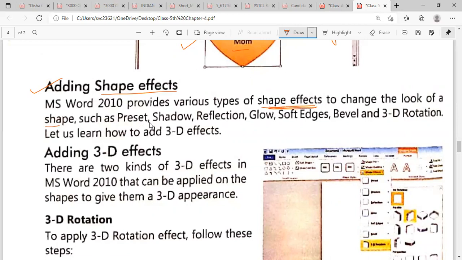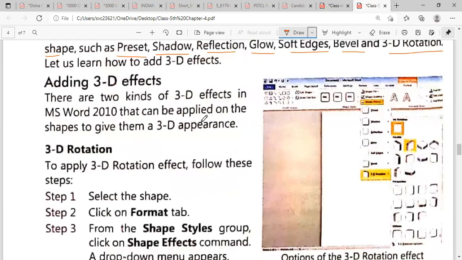Now, what will shape effects do? It will change the look of your shape. Okay, such as preset, shadow, reflection, glow, soft edges, bevel, 3D rotations. These are the various effects you can apply on your shape. Okay, here you can see in the image, these are the various shape effects.